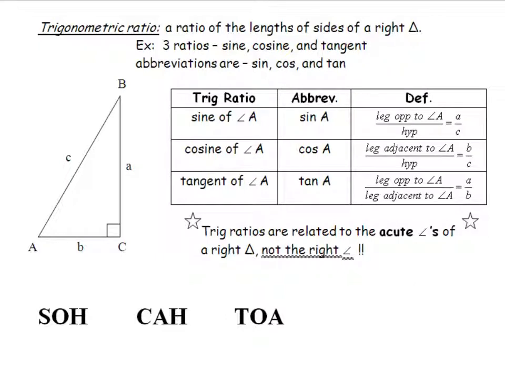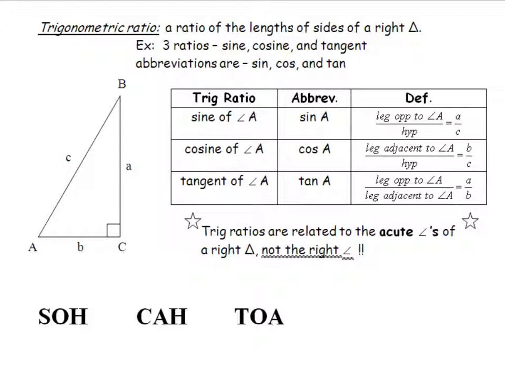This leads us then to trigonometric ratios, and I don't know if you've noticed, but on your calculators, there are three words, sine, cosine, and tangent, and those are our three trigonometric ratios. We're dealing with those trig ratios in any right triangle. It has to be a right triangle in order for us to use these trigonometric ratios. Now, the ratios are essentially ways in which we can compare legs to the hypotenuse, or legs to each other